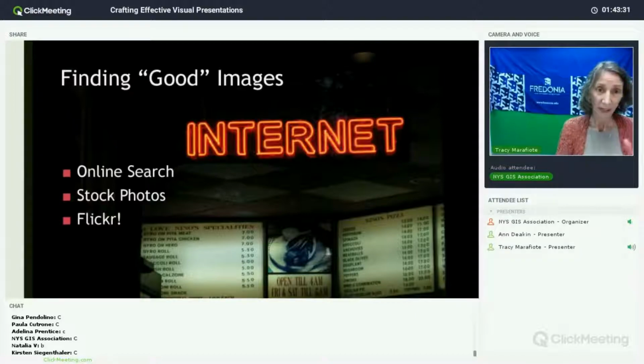So if you go to Flickr, again, this is a photo sharing site and it's spelled just like it is on the slide. This is not a typo. You want to look for the advanced search settings and all Creative Commons. And the Creative Commons means images that are set so that anybody can access them. There are others that are limited. You have to belong to a group or pay for them or what have you. But if you look for the all Creative Commons on Flickr, you'll be able to access all of those images, which is pretty terrific.